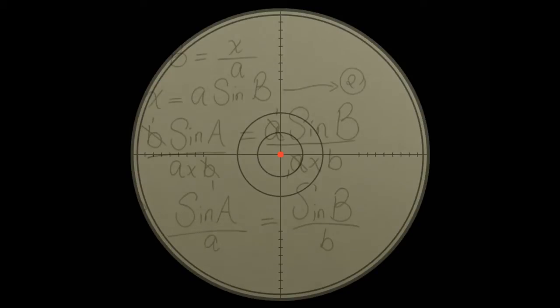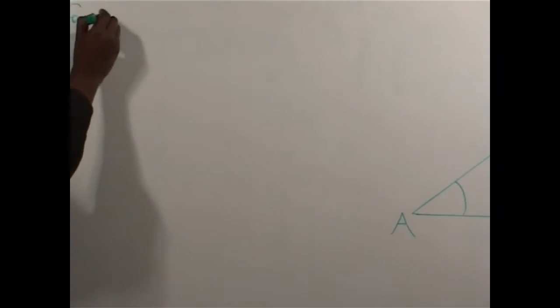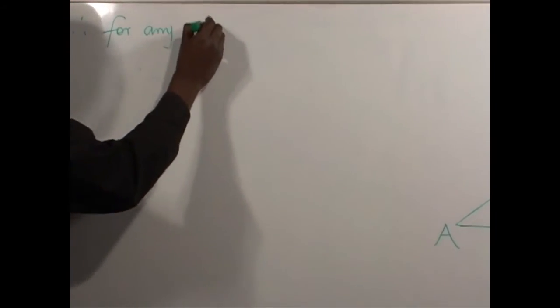So at this point, we are going to realize that even if we were to use the side B and the side C, we were going to come up with an expression as sine B over B is equal to sine C over C. Similarly, if we were to analyze using the side C and the side A, the relationship should have been sine of angle A over the side A is equal to the sine of angle C over the side C. Therefore, in general, we are going to state that for any triangle